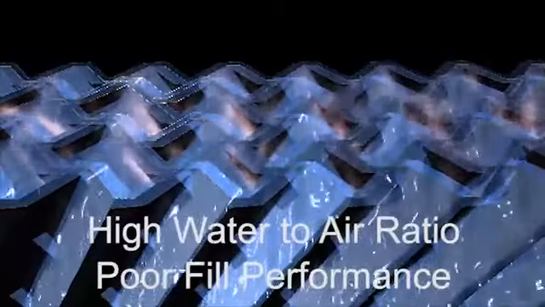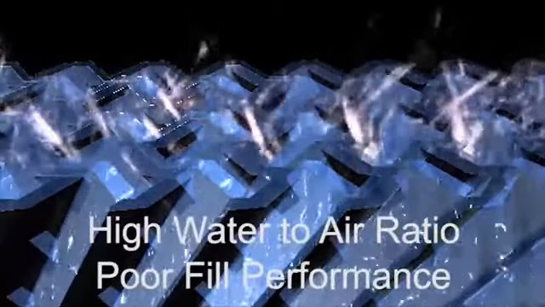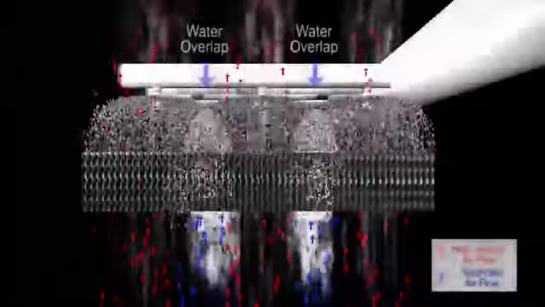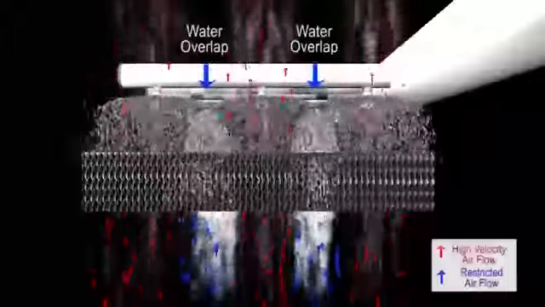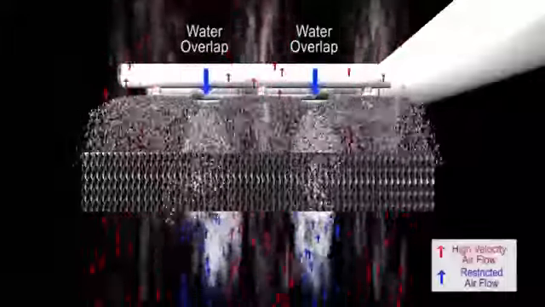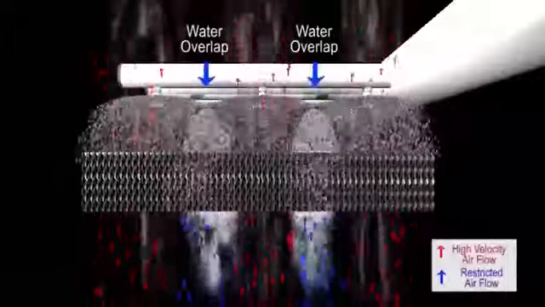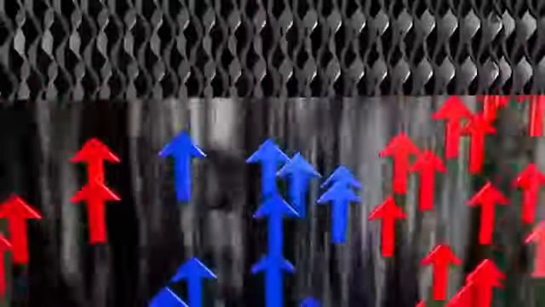media. So here is what happens when you overlap or flood the film media. As you can see in the graphic, the water loading becomes heavy where the overlap occurs. This overlap creates a high-pressure drop, restricting airflow in these areas. The blue arrows depict the restriction to the airflow, resulting from the high-pressure drop, and the heavy water loading of